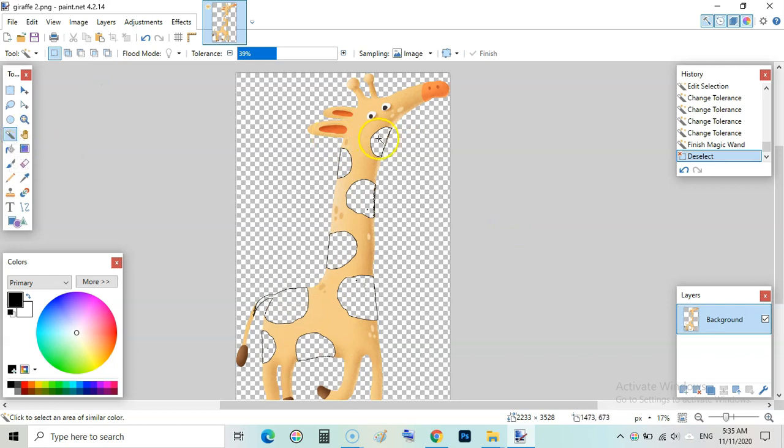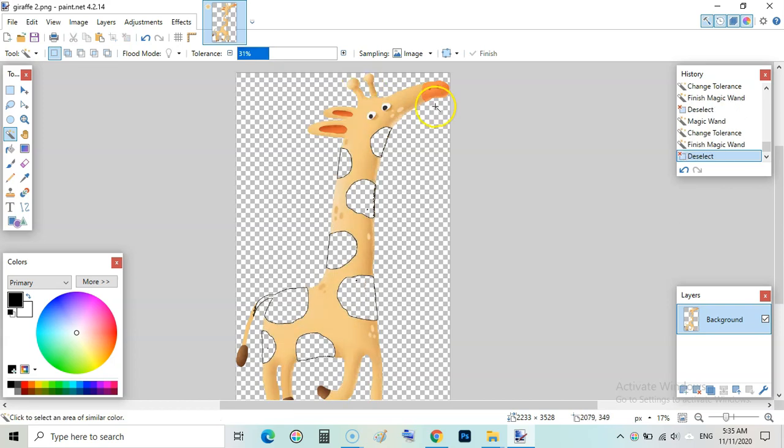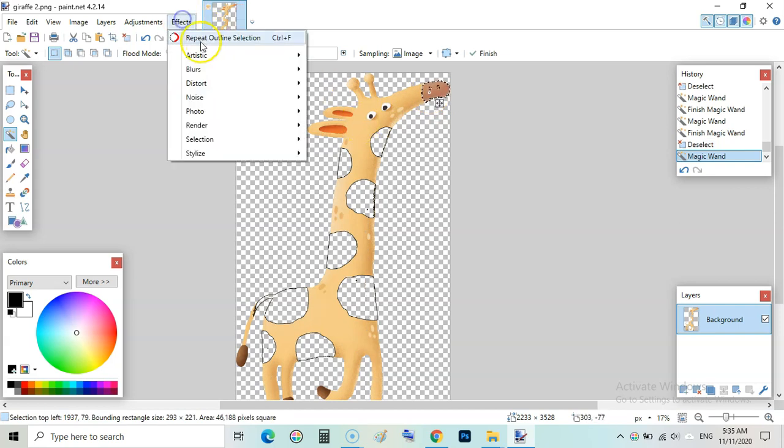Again go to magic wand, click here, click some other area which is not being selected previously, and reduce the, or you can do another thing. You can first select this one, hold control and select this one and add outline.